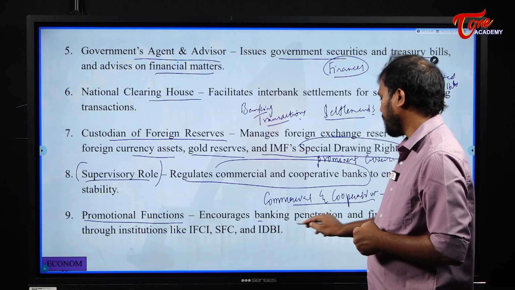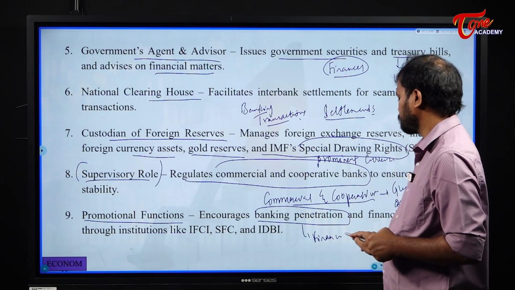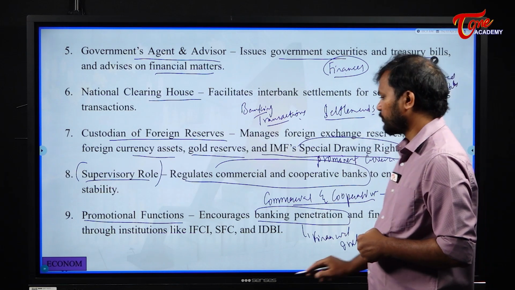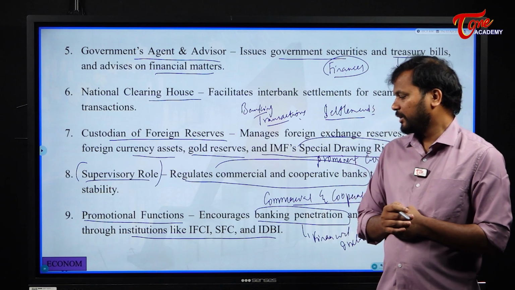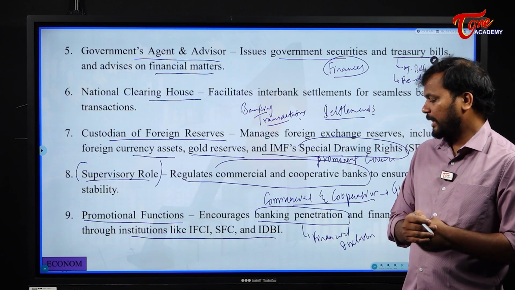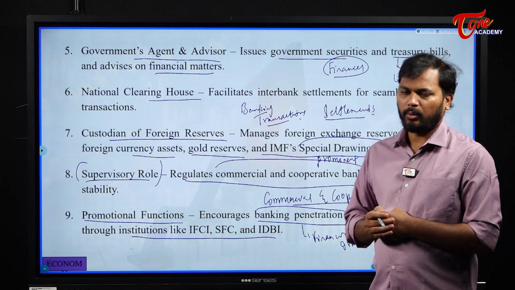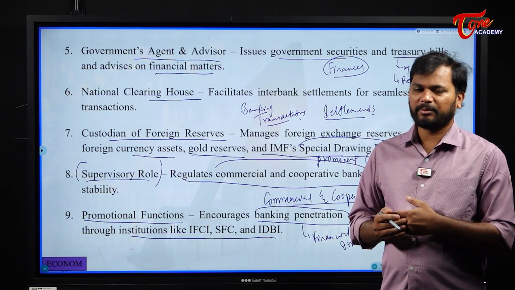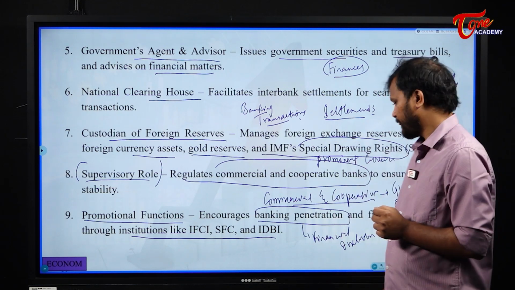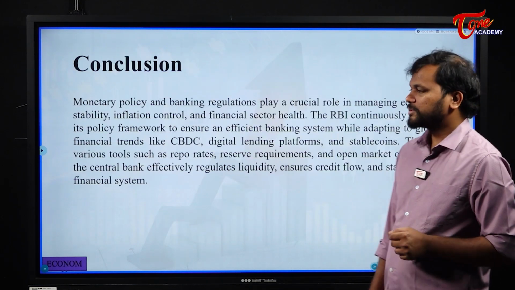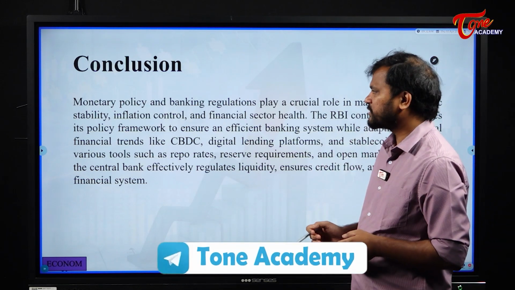It encourages banking penetration for financial inclusion through certain institutions, like the NABARD, IFCI, SFC and the IDBI. Clear? Next. Here the question can be asked in the same way. Okay, what are the duties performed by the RBI, or what is the supervisory role of the RBI? Clear? Next. So this is with respect to the entire monetary policy system, and the conclusion is that